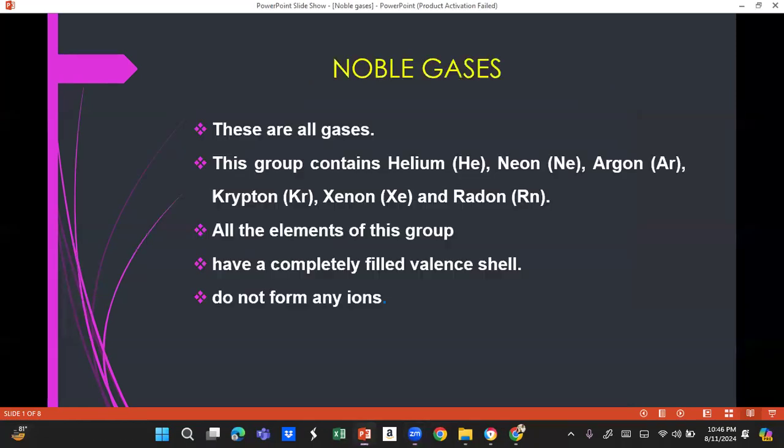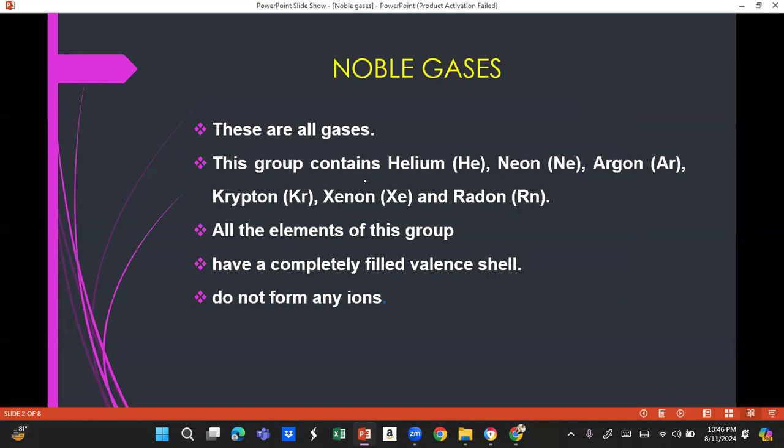Now, everybody must have knowledge of the states of elements. Noble gases are gaseous at room temperature. What is room temperature? 25 degrees centigrade. All the elements of this group have